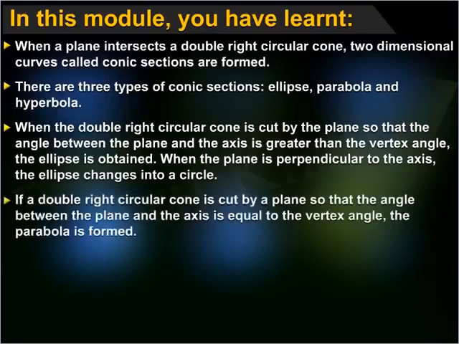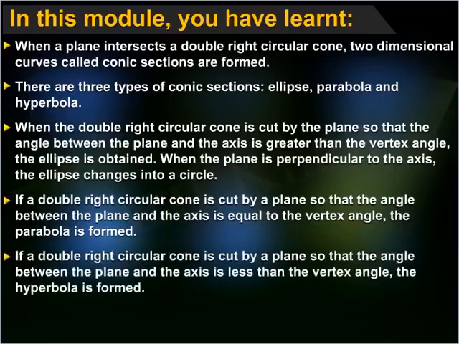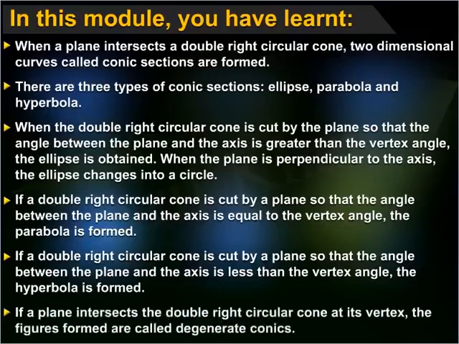If a double right circular cone is cut by a plane so that the angle between the plane and the axis is equal to the vertex angle, the parabola is formed. If a double right circular cone is cut by a plane so that the angle between the plane and the axis is less than the vertex angle, the hyperbola is formed. If a plane intersects the double right circular cone at its vertex,